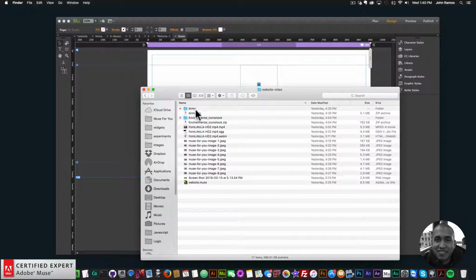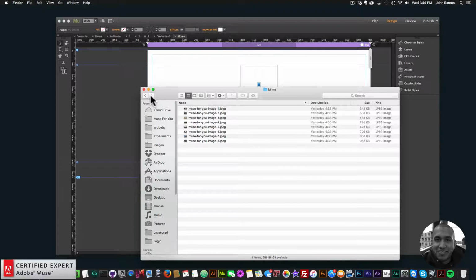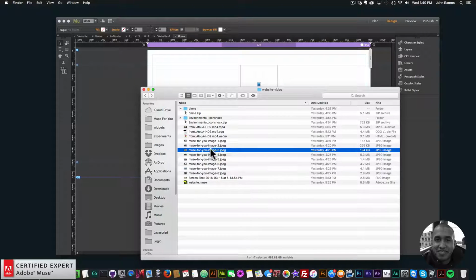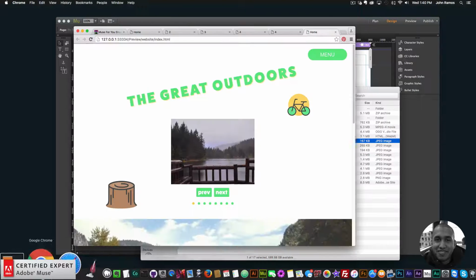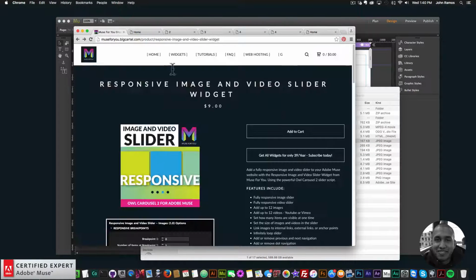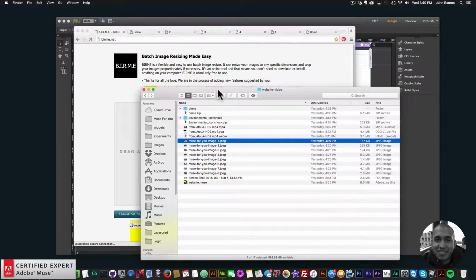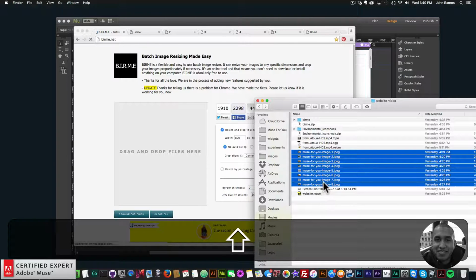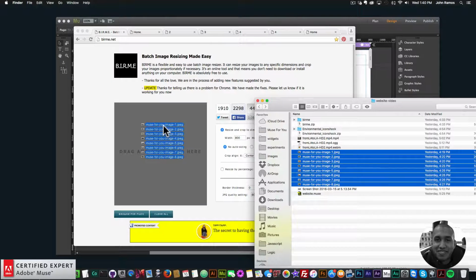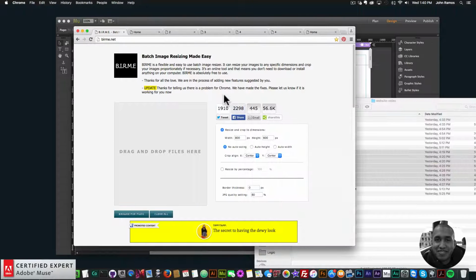So for instance, I have these images here. They're fairly large, so I'm just going to go to the widget page, and I'll click on BERM.net, and here I'll select these images. These are Unsplash images. Before I click, hold, and drag, we want to set the width and the height, and I'm going to leave it at 800 by 600 because I think that's a good size, and it reduces the file size,